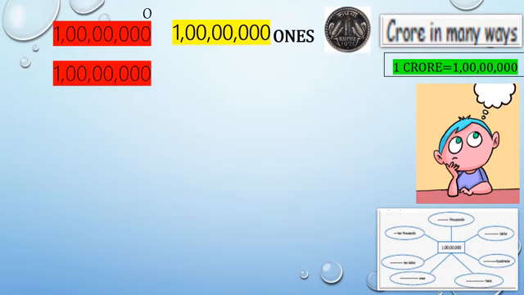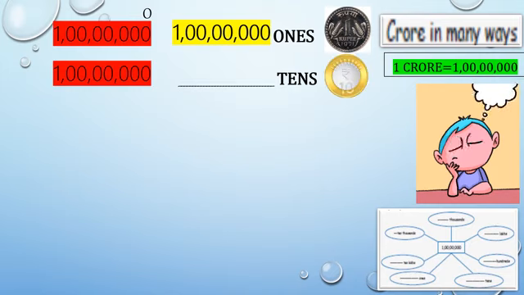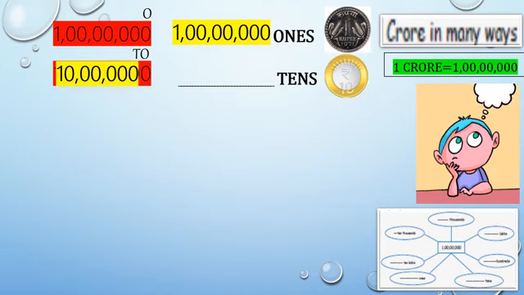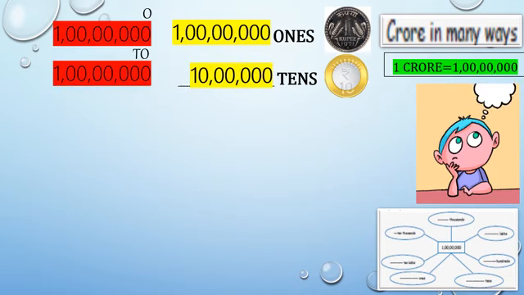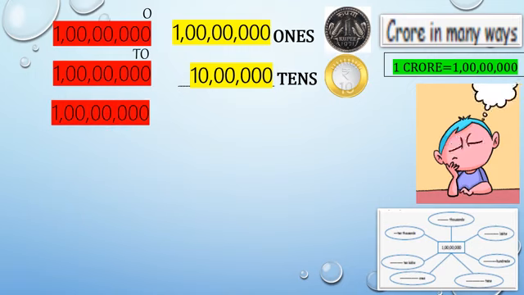Then, next one. In 1 crore, how many tens are there? That is our next one. So, it's easy. For tens, remember 10 rupee. So, for this you have to mention at the top 1, 10. So, up to the 10th column is the answer for this. Yes, this is the answer. Like this you have to find out. Whatever the place value is at the top, up to that is the answer.